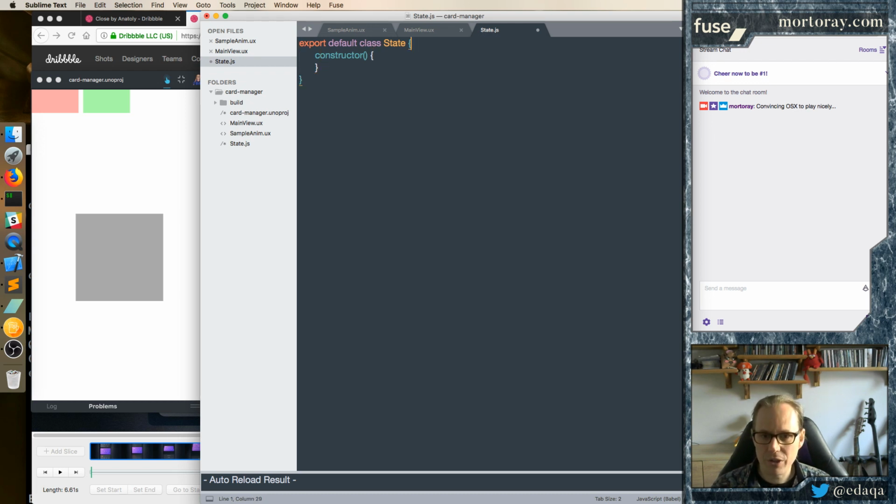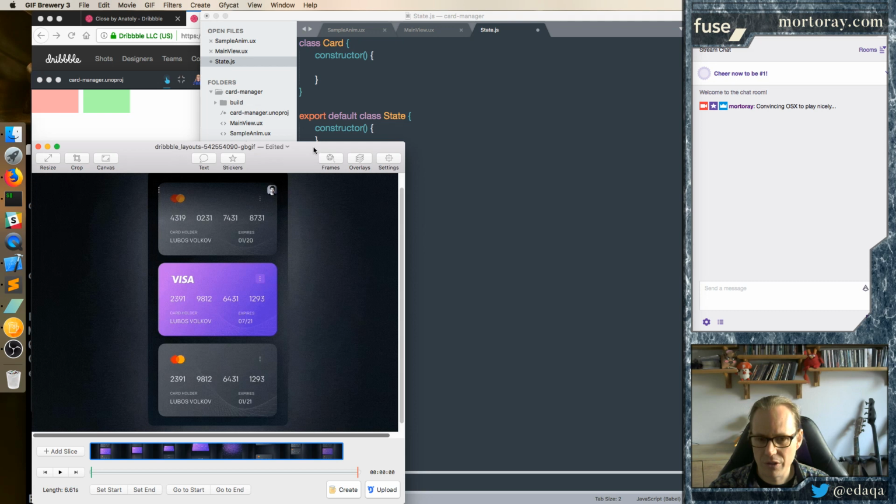So we have a constructor, and we're going to have a type called Card. And we will call these credit cards. We don't know what's on the cards, but they can be fairly basic things. And what do they have on these credit cards? The basic things we have on a credit card are,